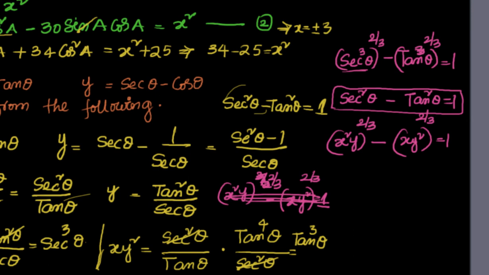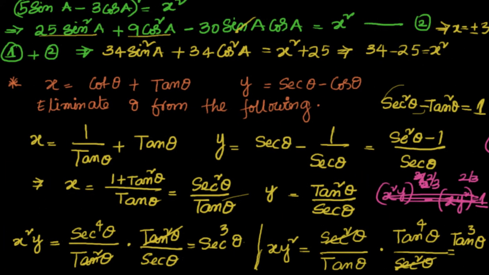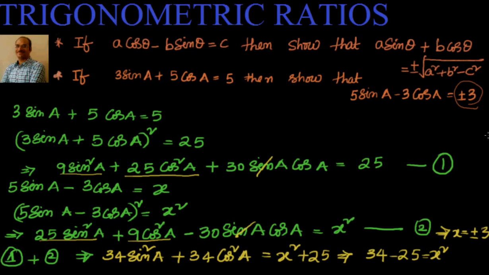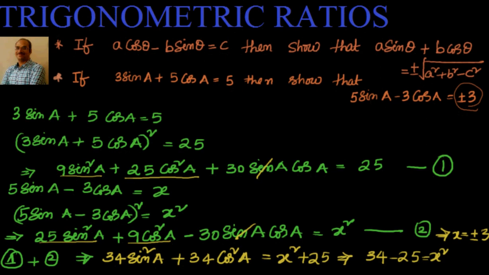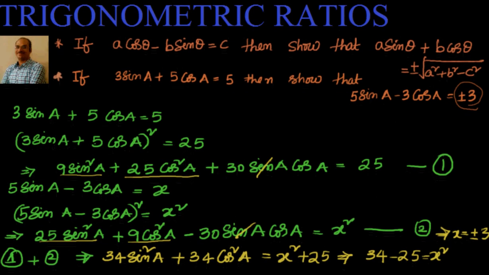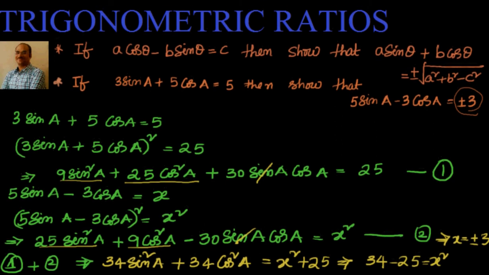So in the next video we will close the videos. This will be the last video on trigonometric ratios with respect to trigonometric identities and angles of type n pi by 2 plus or minus theta. In the next video we will see compound angles. That means till now we have only talked about trigonometric ratios of angle A or angle B. Suppose it is A plus B or A minus B, then how do the trigonometric ratios behave and how can we relate them to the individual trigonometric ratios.